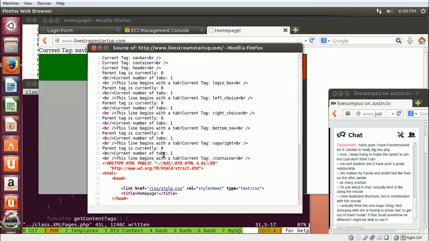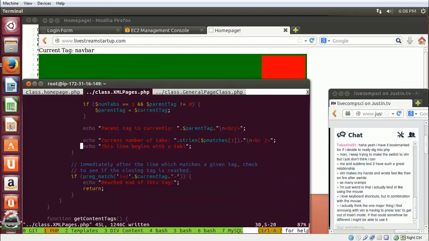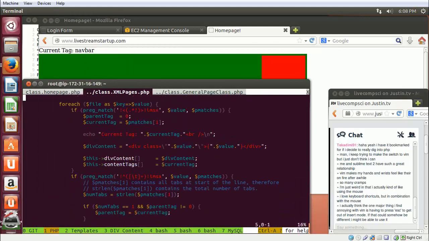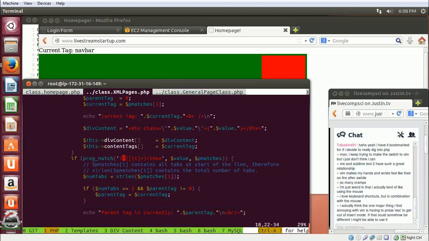Nope. It's still a little hard to see. Okay, let's see if I can make this a little simpler. This means that there's a tag that starts at the beginning of the line, so it won't have a parent tag. We're setting the current tag equal to that. Then we're checking to see if there's a tab on the line. If there is,